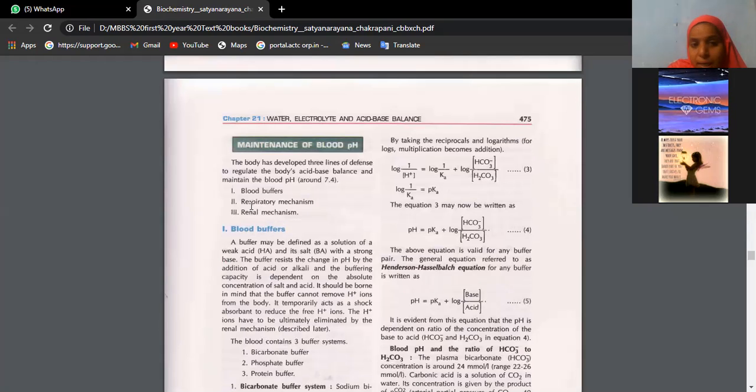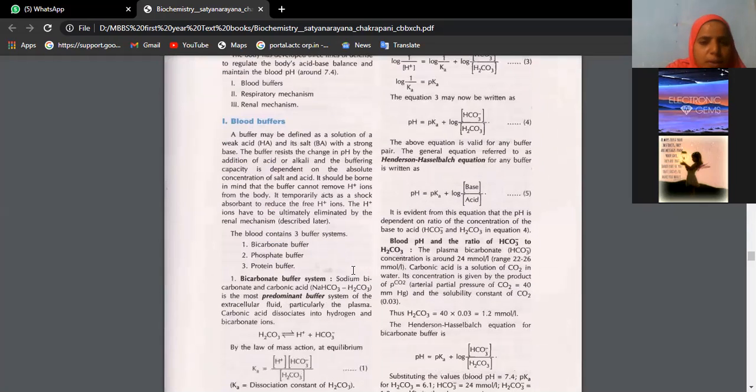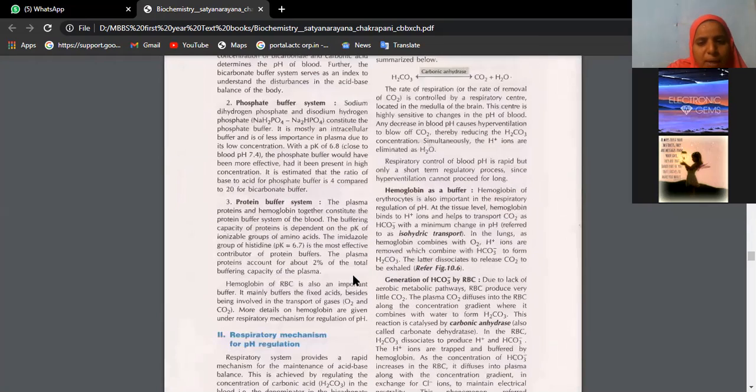Now he is asking us respiratory mechanism. It itself can come as an essay on the whole maintenance of blood pH. The question usually comes: what are the various mechanisms with the help of which the pH of the blood is maintained? Then you have to give the list of these three, and one system will be asked in detail usually, and that will be blood only. But respiratory mechanism and renal mechanism usually come as 5 marks questions. Okay, now let us see respiratory mechanism.